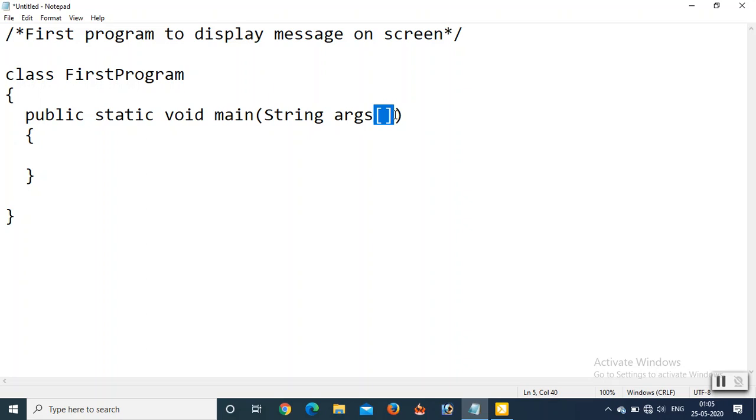This bracket represents an array, and beside this bracket there is one name called args. So the name of the array is args. And which type of array is this? This is a string type array. So what is an array? We will discuss later in the class.